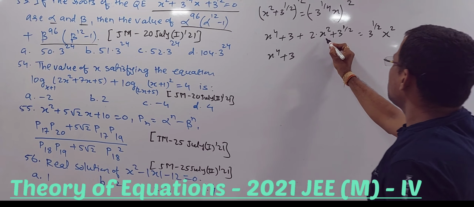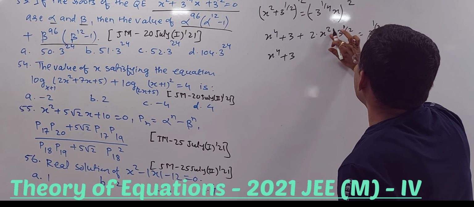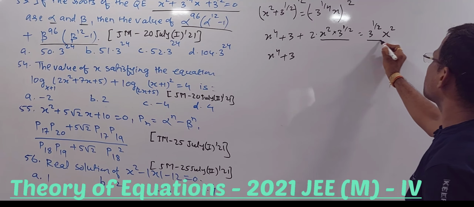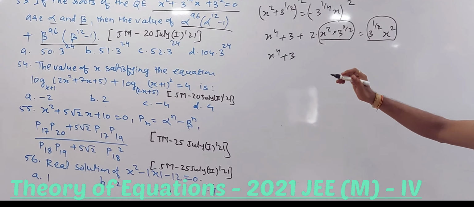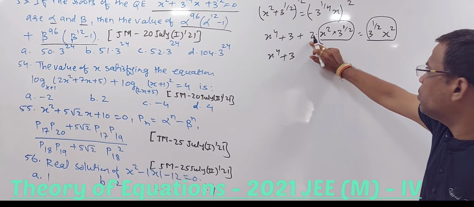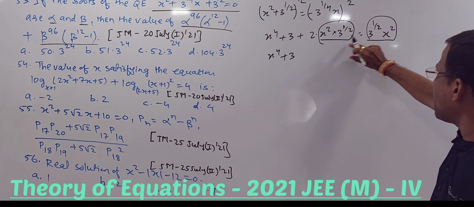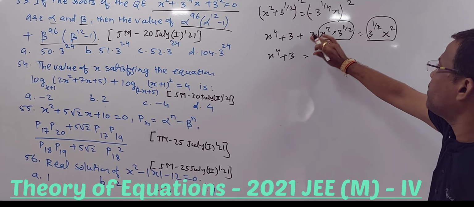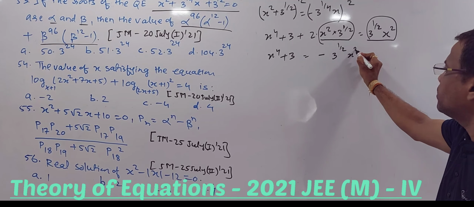Check out this. We are getting 2x square 3 power 1 by 2 in multiplication. Check out, x square 3 power 1 by 2 is the same term, so we can assume it as y. So I get plus 2y is equal to y. Again look at this, these two are like terms. So plus 2y, and again this is y. Let me shift this to the other side, so that will be y minus 2y. So it will be minus y, so minus 3 power 1 by 2 x square.